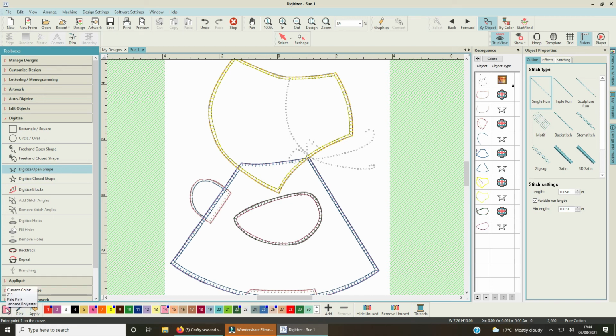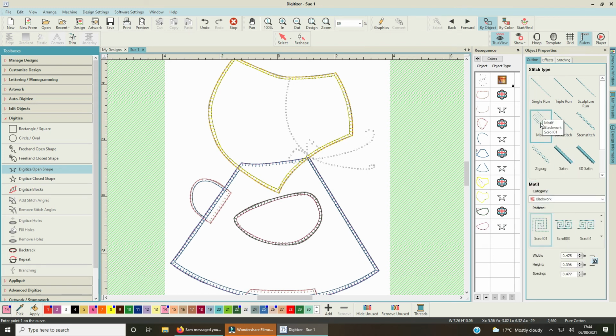See this change now to bright pink. But over here on my object properties, I want to more or less copy what she's got, so I'm going to go to motif. Now I just clicked on that,